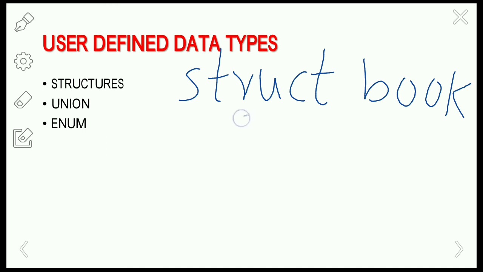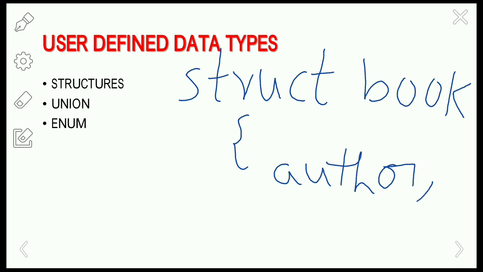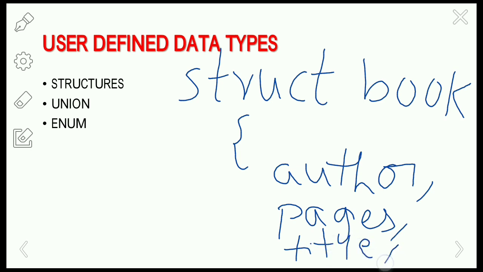In the book we have an author name, the number of pages of the book, and the title name. We have to define the data types here. Author is of character type, and like this we have to define the data types.